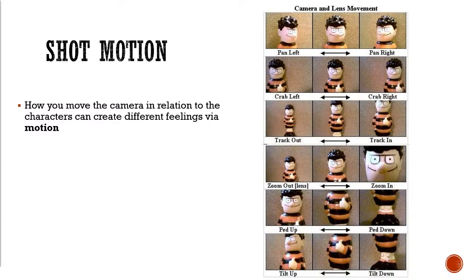So, going up and down a character, and then tilting up again, like that you're changing the orientation of the camera so that you are getting that worm's eye to normal or normal to bird's eye kind of view. But those motions also, again, create different transitions from one thing to another.